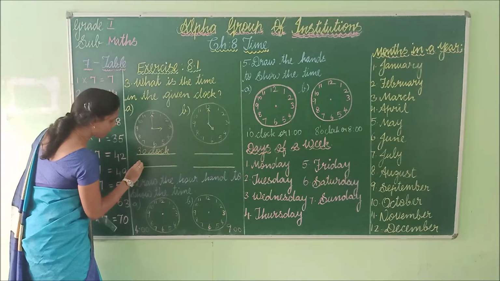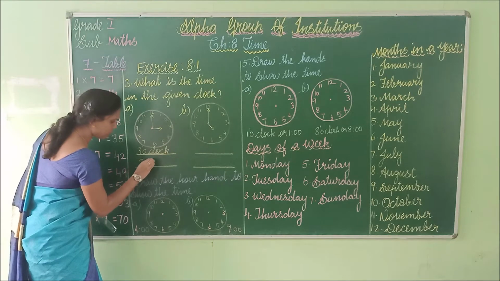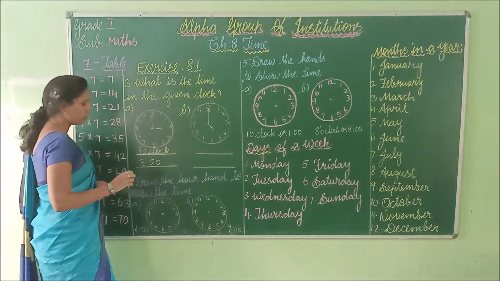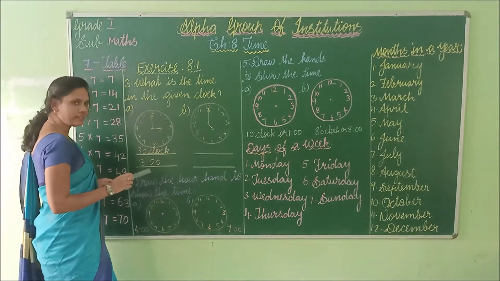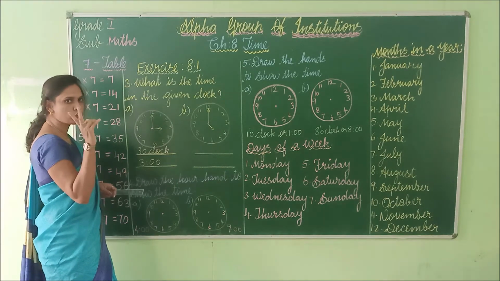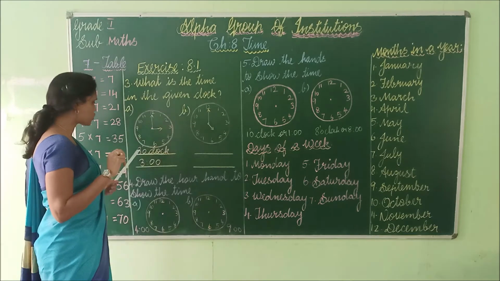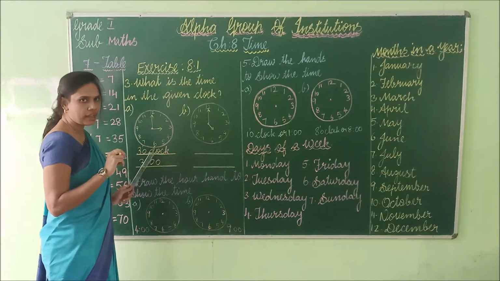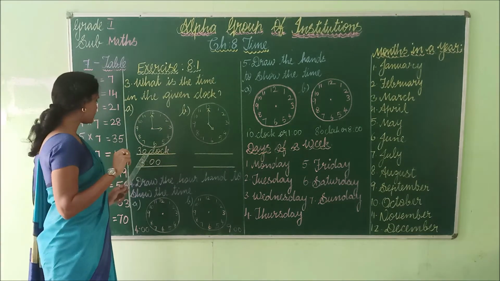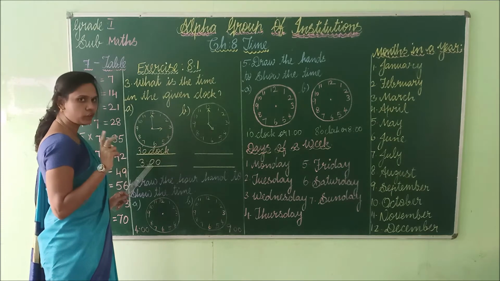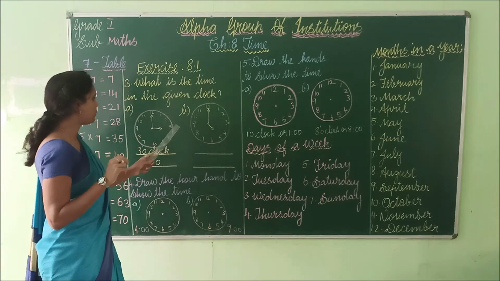Okay. And also another way 3. The time is 3. Okay. So 3 o'clock and 3. These are 2 forms of writing the time. Okay. Generally we used to say 3 o'clock and the time is 3. So the same we have written here in 2 forms. Okay. See the B problem.